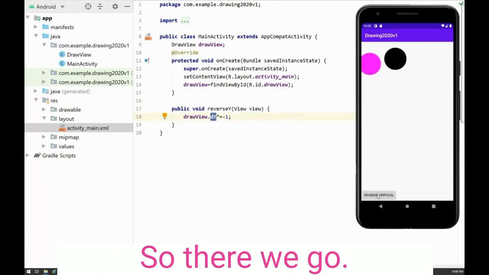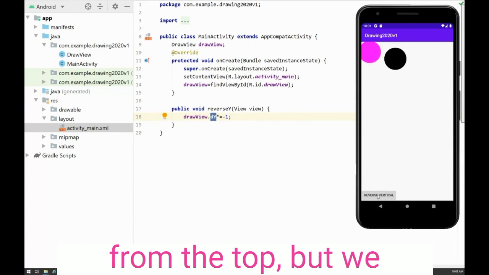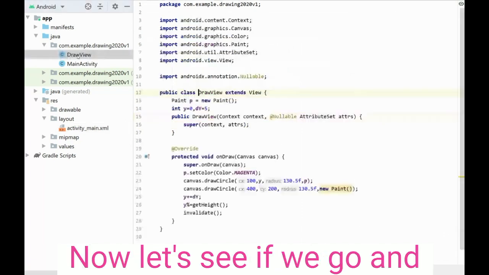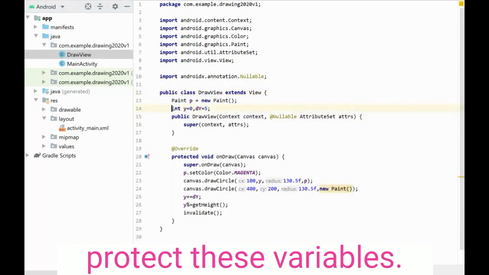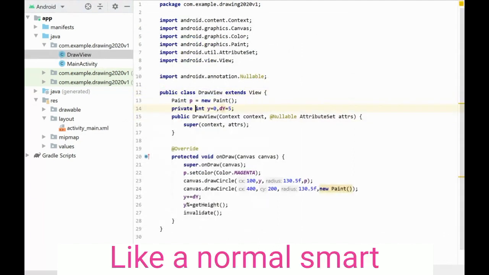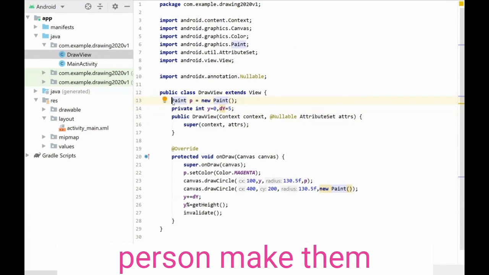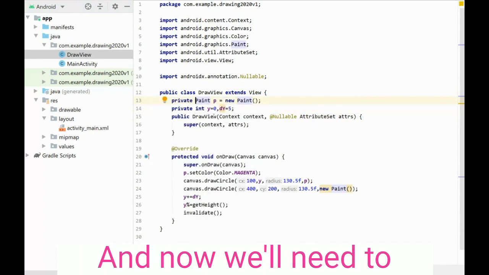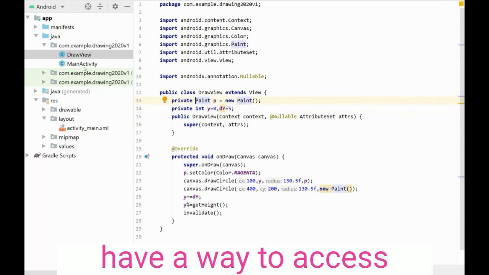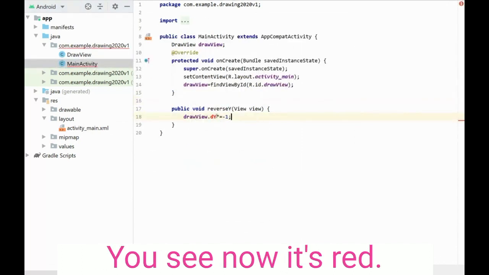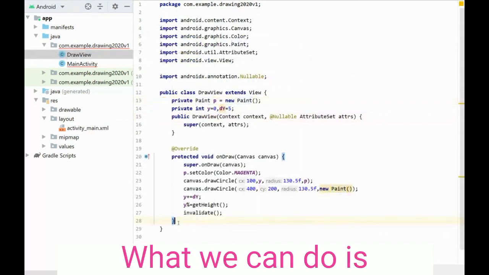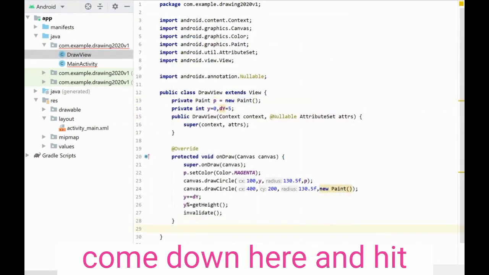Okay, so there we go. And there's no protection from the top, but we have our method. Now let's see if we go and protect these variables like a normal smart person. Make them private, whatever. And now we'll need a way to access that variable from here. You can see now it's red. It says that doesn't exist anymore. I don't see it. It's hidden. What we can do is come down here and hit